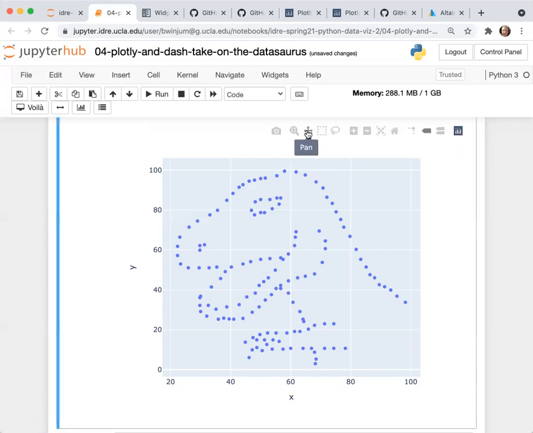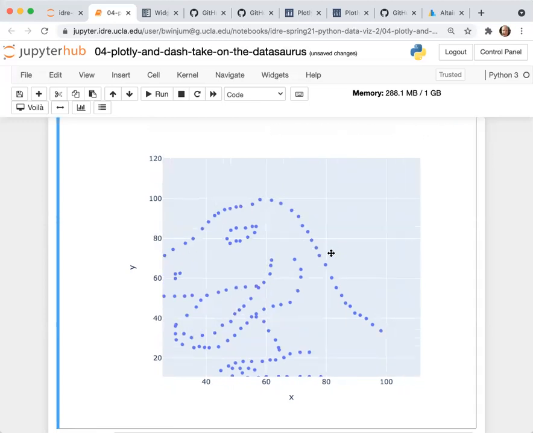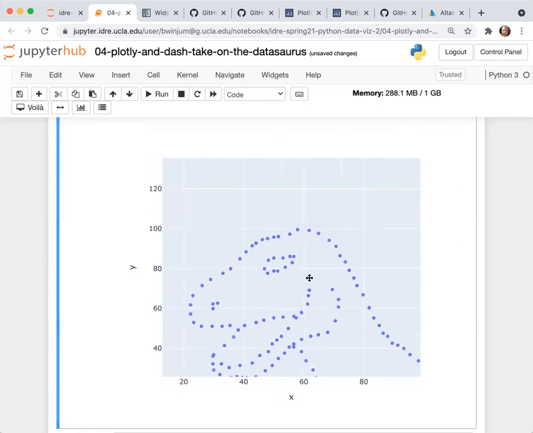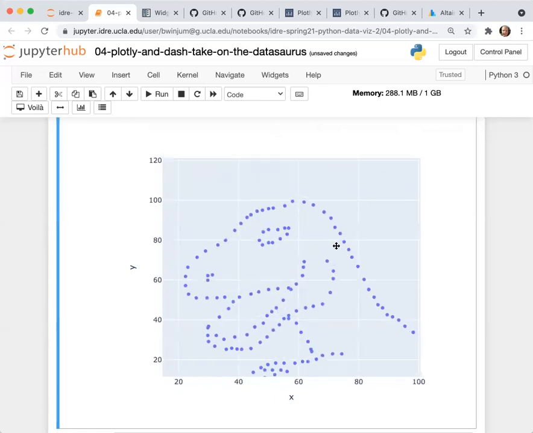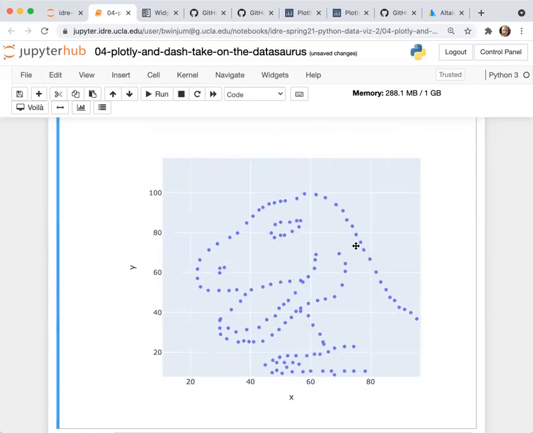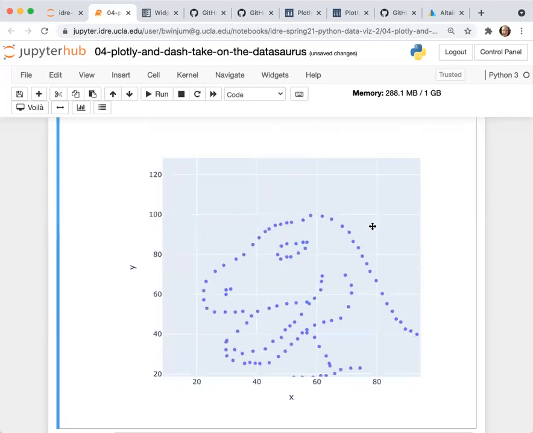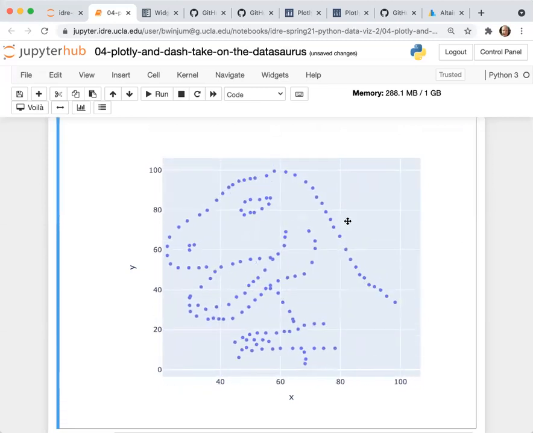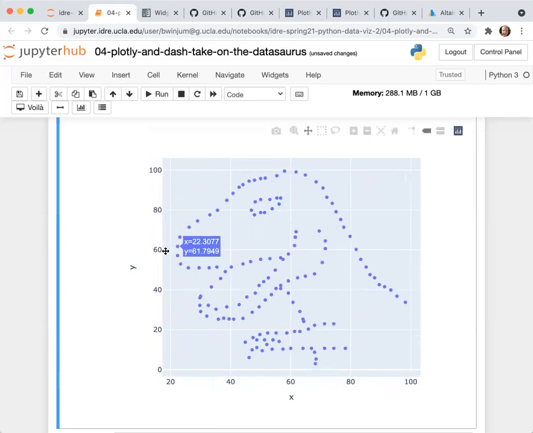For example, if I click on the one that says pan and I click on the graphic and hold my mouse down, I can pan this around. You'll see the axes change, the location of the scattered points change in relation to what's happening with the axes. I can do a selection.